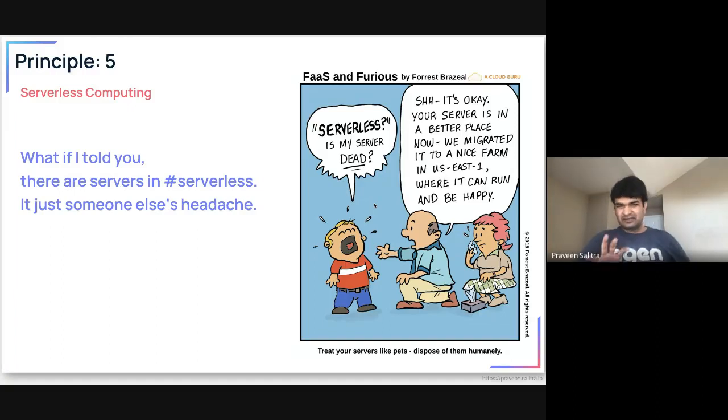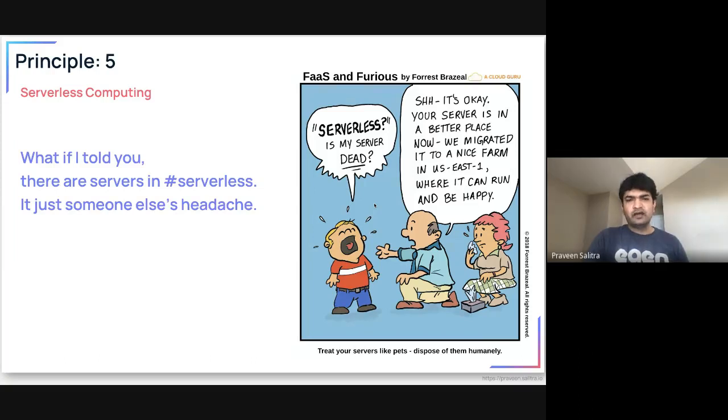So this is not a new concept. It's just the new marketing term, in my opinion. You always had these concepts of cloud hosted or cloud managed services, right? This is a new marketing term for that. Definitely, it got popular because of Lambda, AWS Lambda, where you can run a single function of your code independently and scale it to million Lambdas if you want, without paying much of the cost, right?